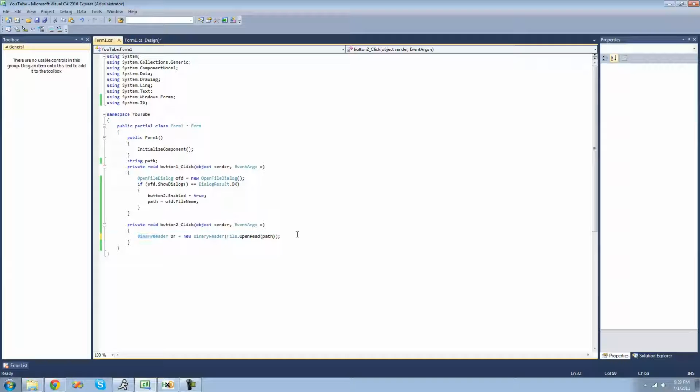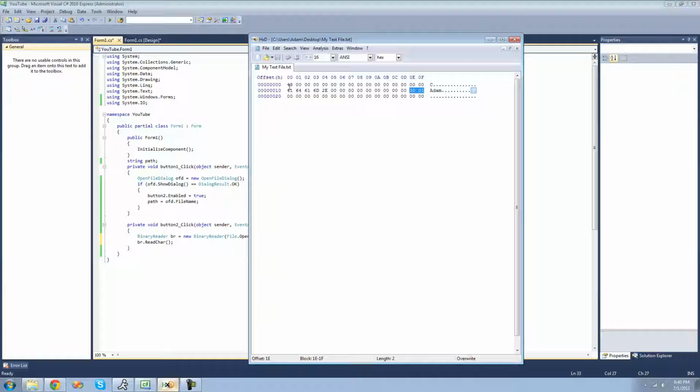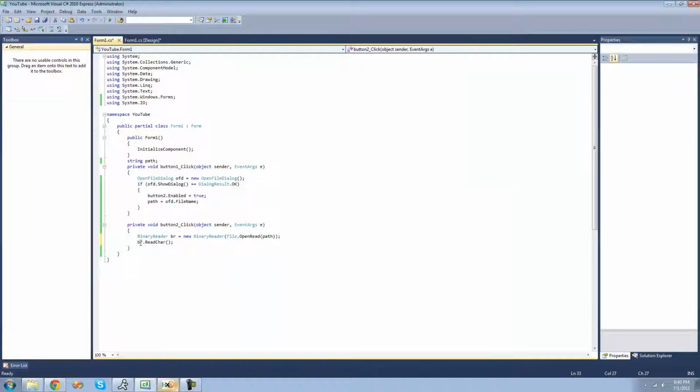So once you have your binary reader typed out here, we can use it to read something. The first method in the binary reader that we're going to be looking at is ReadChar. Basically, what the ReadChar method will do is read a character from your file. Since we haven't specified a position in our file to read from, it's just going to start at 0, so it'll read this first character right here, this C. We're going to have it read this character into the text box